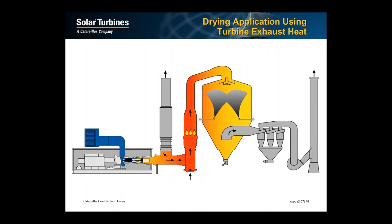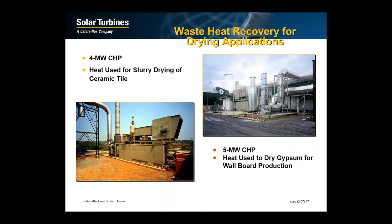Other applications for turbine exhaust, because you have a lot of high-grade quality heat, include tissue drying. This is actually a ceramic dryer where they take slurries, and we do a lot of this in places like Mexico and Thailand. We don't have much tile manufacturing in the U.S., but in place of a spray dryer, we have a lot of gypsum. So if you go to the next picture,